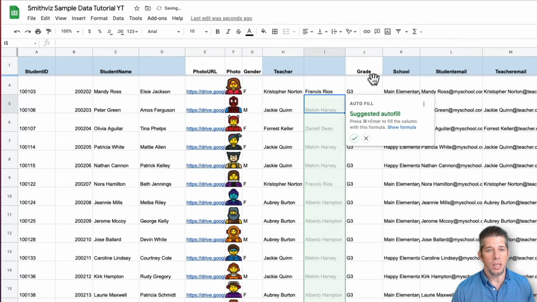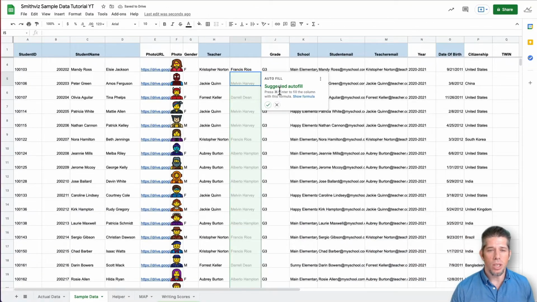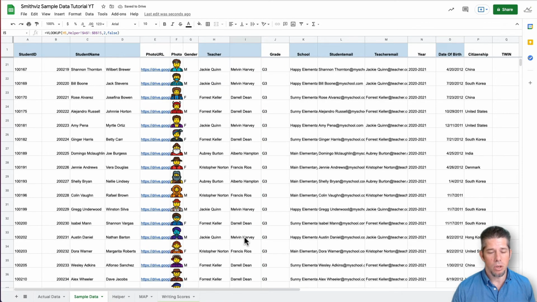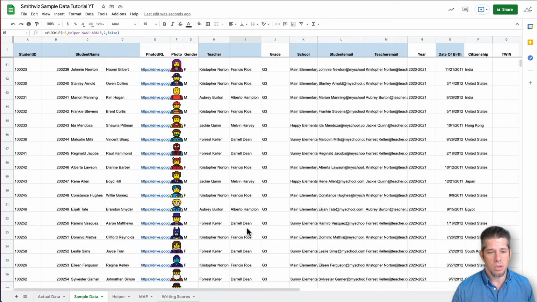So if I go ahead and do that, now Google will give you this really cool feature that's fairly new. It's called autofill. So it recognizes formulas and it says, do you want us just to fill that in for you? And so if it's exactly what you want it to be, you go ahead and click on the check mark and yes, and it'll fill it in. Right now this looks like what we want it to look like, so I'll go ahead and click on the check mark. And it has filled in my formula for me, and it has all those teacher names going down,